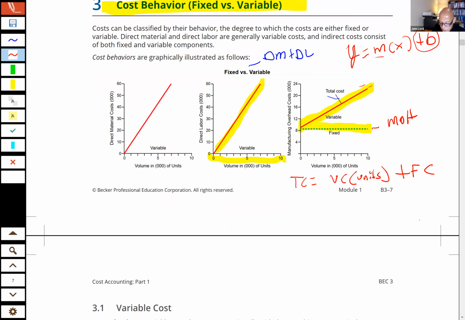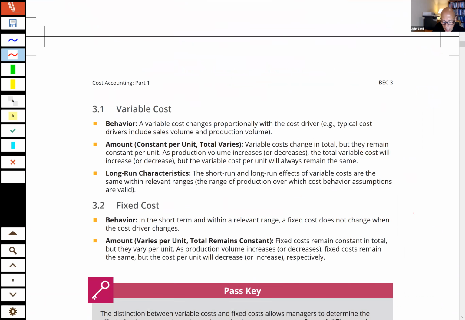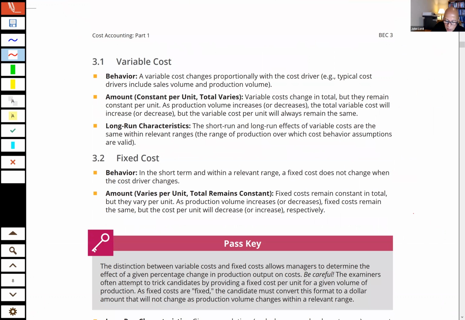Now you take a look and we have our variable costs. And our variable costs, as we know, change with the level of production. But this part, I don't know why the CPA exam thinks this is so interesting. I guess they think they can mess you up by writing you a question like this. So we're going to flashcard this material right here. Variable costs change in total. Produce more units, variable costs go up, but they remain constant per unit.